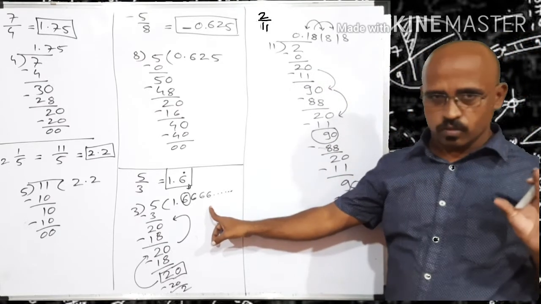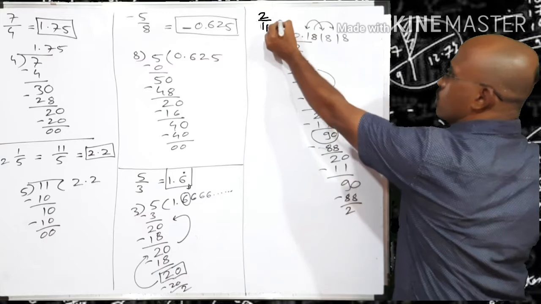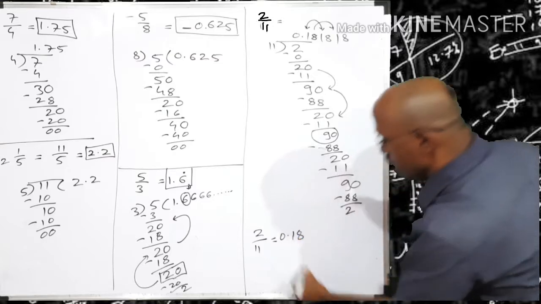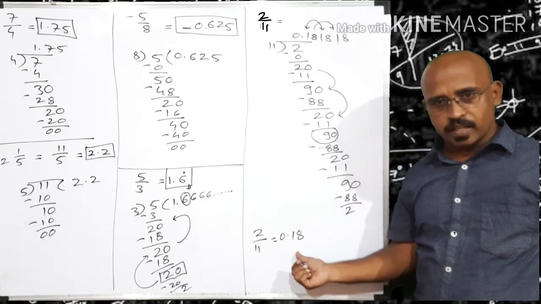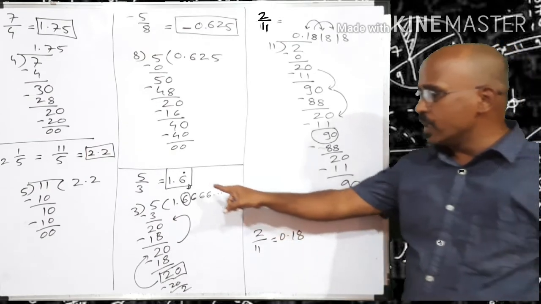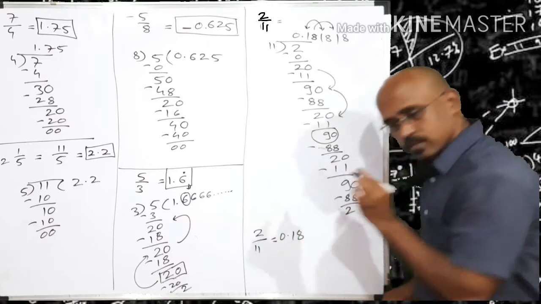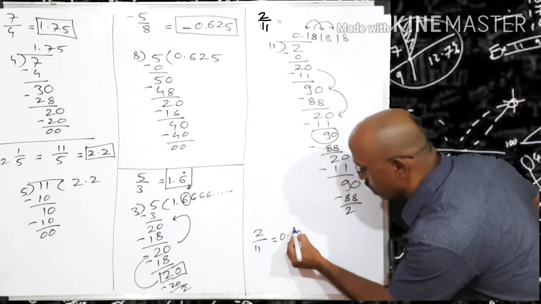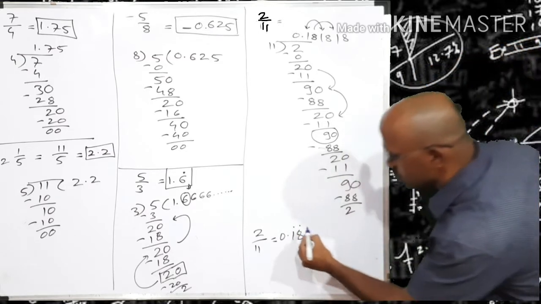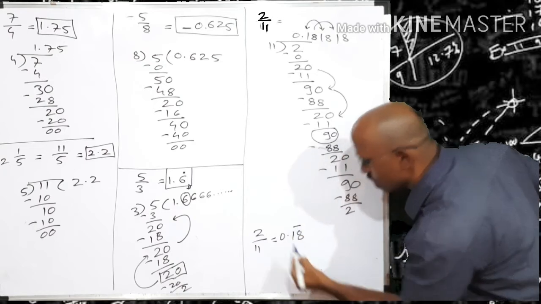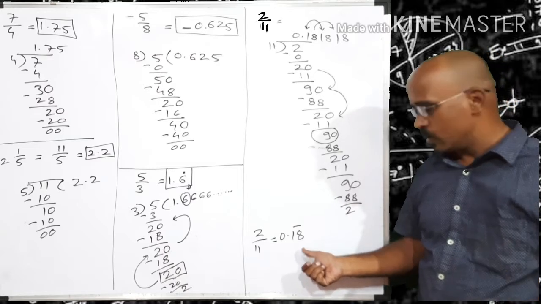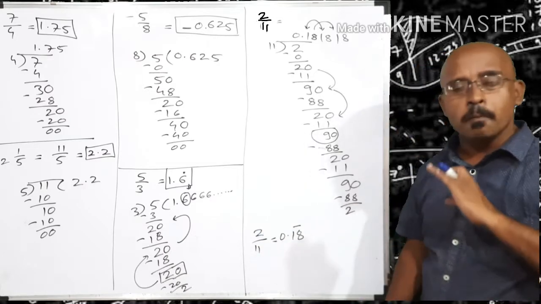Here only one number was recurring. Then how to write that answer? For that what we have to do? 2 upon 11 is equal to 0.18. We have to write the recurring numbers, recurring digits. Which are the recurring digits? 1 and 8. So 0.18 are the recurring digits, and we need not append a dot on each digit. We need not append a dot on the end of 1 also and 8 also. So what we have to do? Just give a small dash, right? So 2 upon 11 is equal to 0.18. Pronunciation is the same. 2 upon 11 is equal to 0.18 bar.